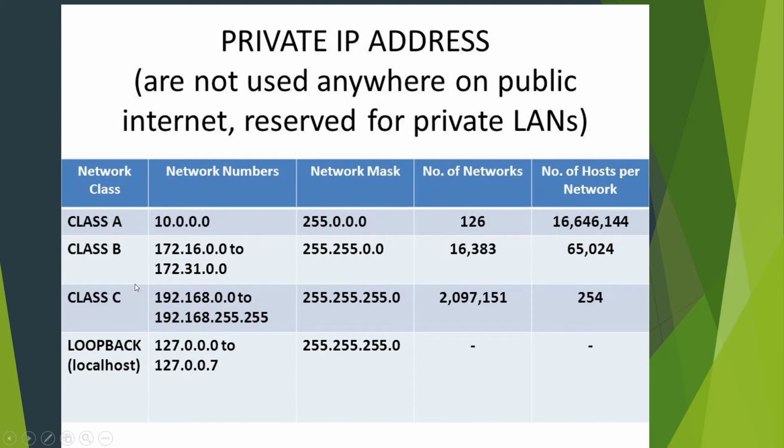You need to give some importance to class A and class C. Class C is used for general small organizations, or at least homes. In our homes we use class C private IP addresses, right? Even the IP address I showed you is like 192.168.0.103, and we will see that in the next slide. But let's consider the number of hosts per network. You have one network in your home, and you can set this private IP range to a maximum of 254 hosts.